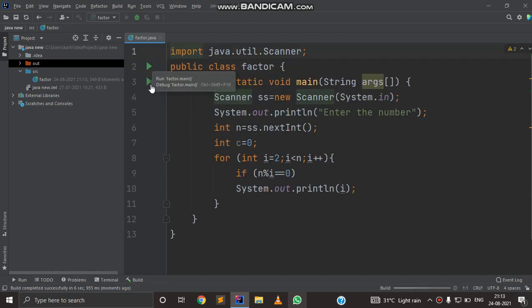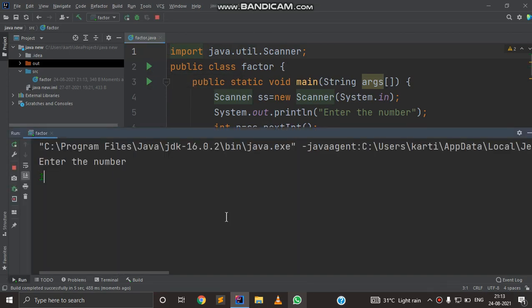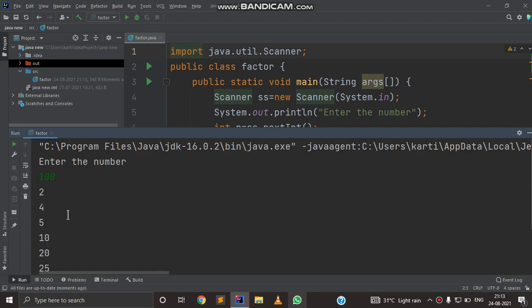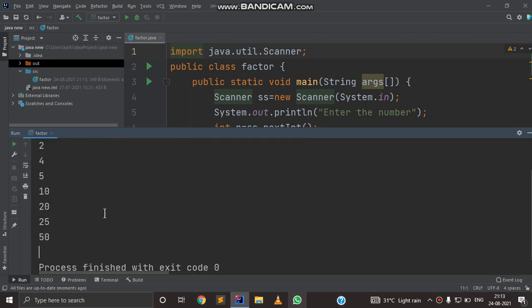So if I run this program and see the output, we write 10. Here you can see that only 2 outputs are coming, 2 and 5, because 1 and 10 itself have been removed. Now if I write 100, here you can see that 1 and the number itself have been removed.